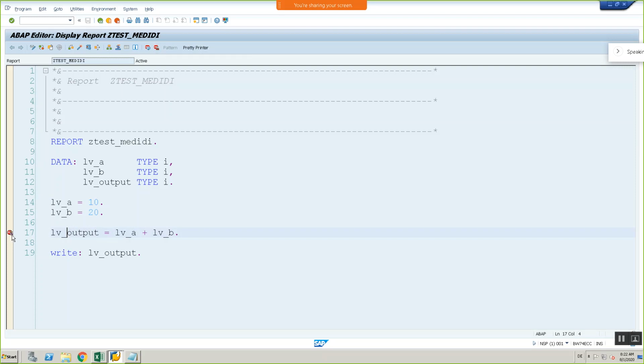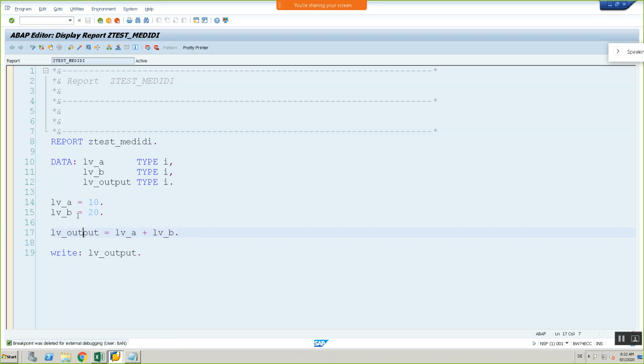Then you will get this symbol here. If you want to remove this external breakpoint, click on the symbol again and it will be turned off. To turn it on, put your cursor on the line, click on the external breakpoint symbol, and you will get the external breakpoint. To turn off, click on the symbol again.